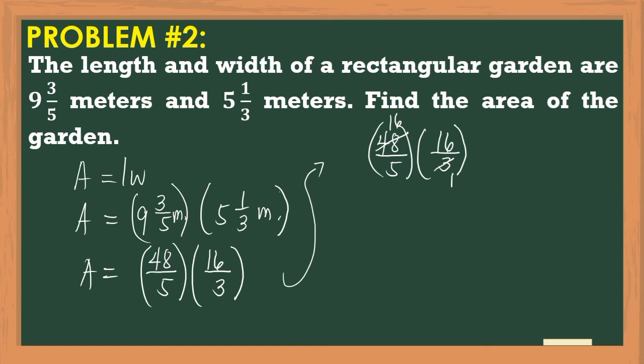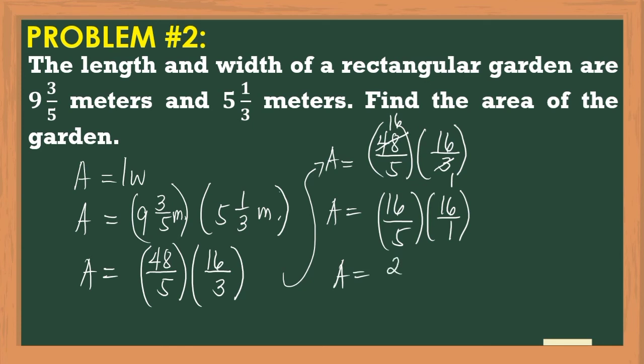And then, we multiply the remaining factors. So 16 over 5 times 16 over 1. Okay, so A is equal to 16 times 16, that is 256, over 5 times 1,